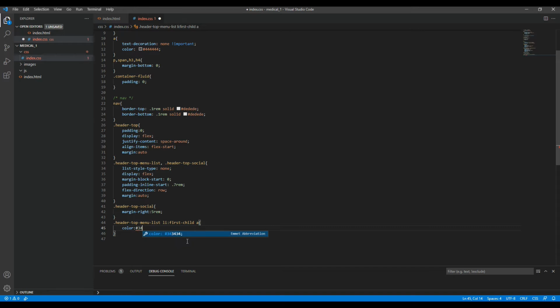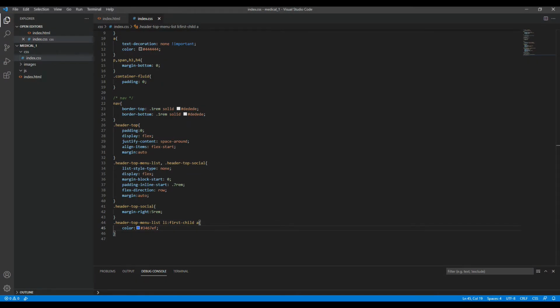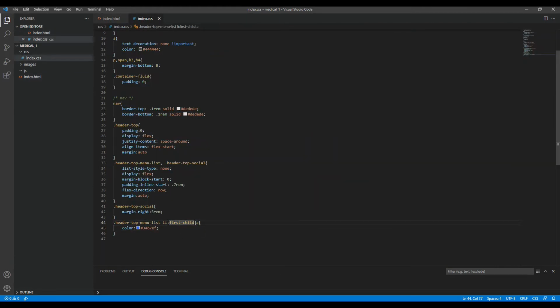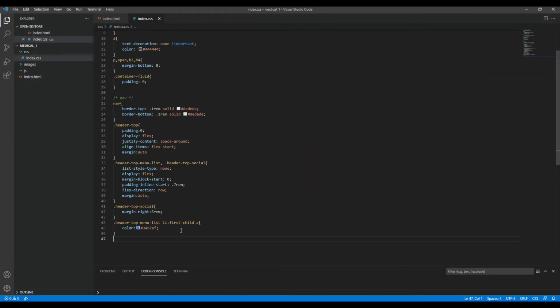So we're going to have 3467AF, which is blue. So next we are going to